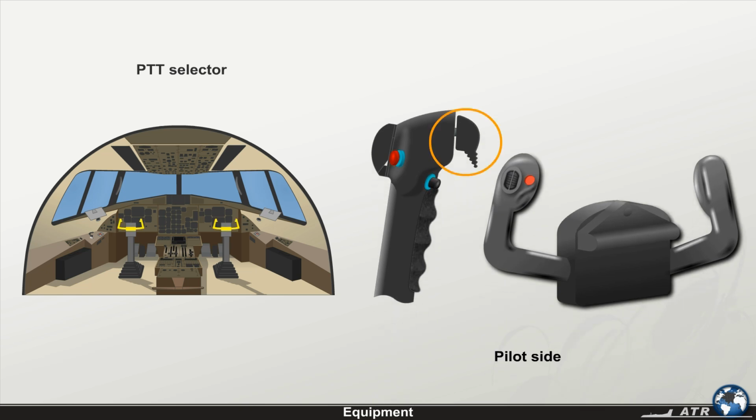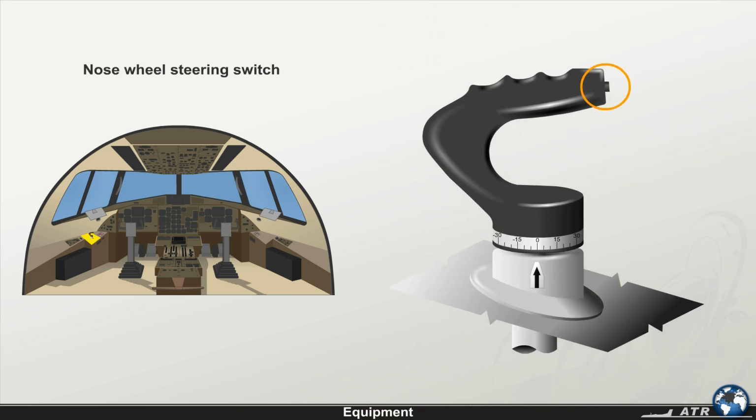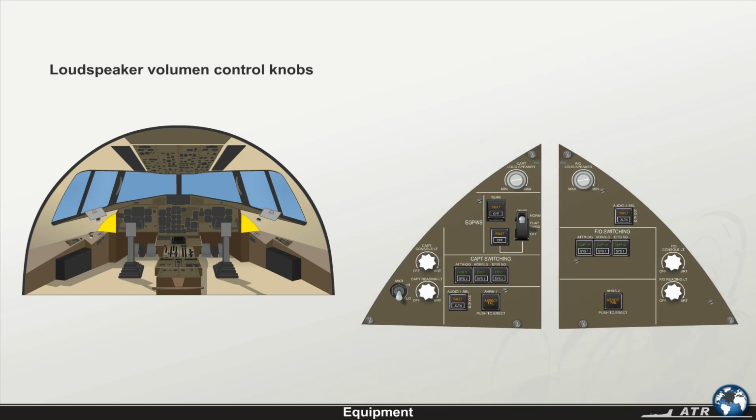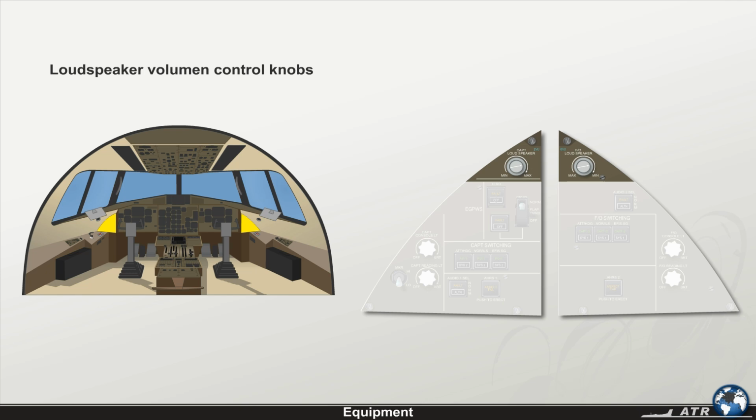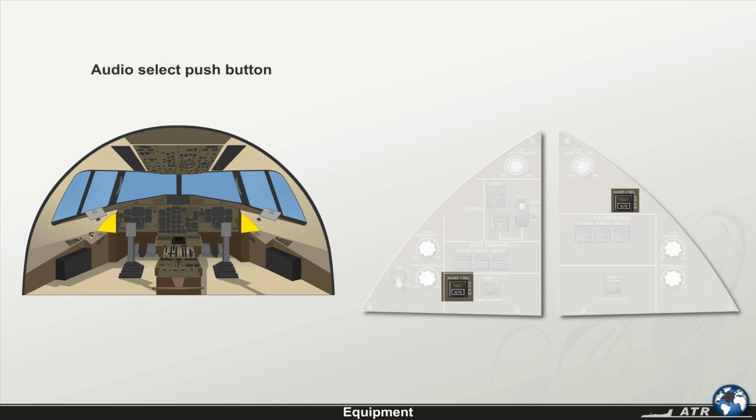1 push-to-talk selector located on the outboard horn of each control wheel, 1 control switch on the nose wheel steering, 2 loudspeaker volume control knobs, 1 located on each side panel, 2 audio select push buttons, 1 located on each side panel,